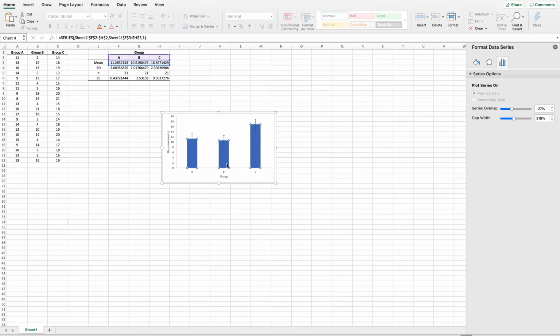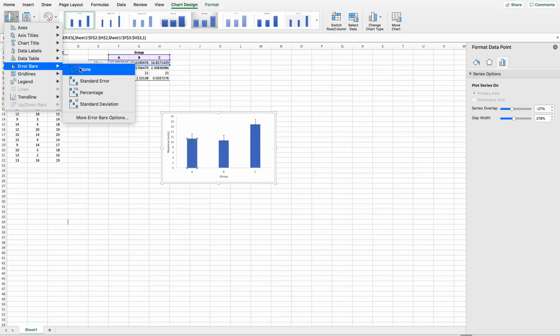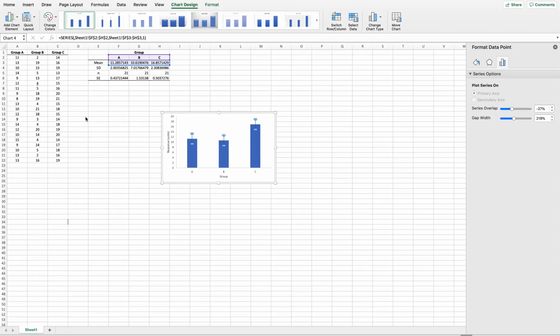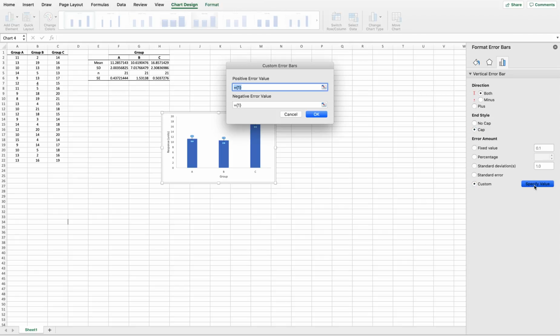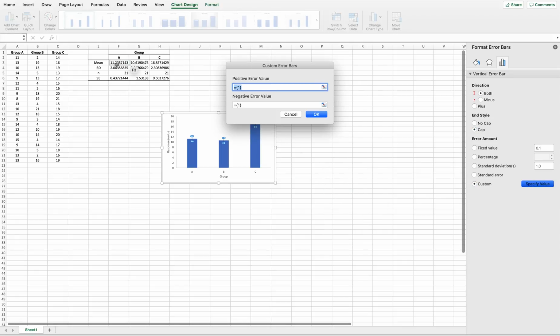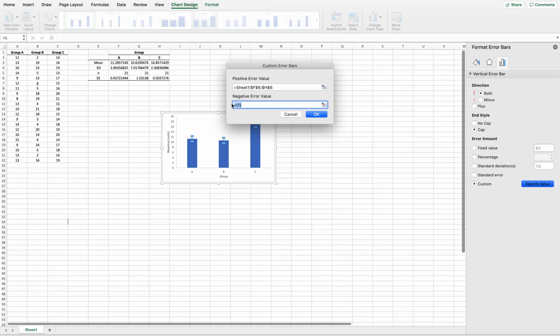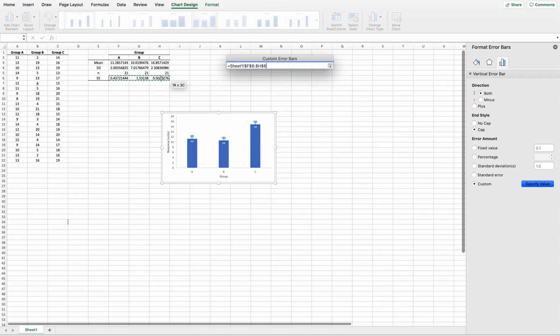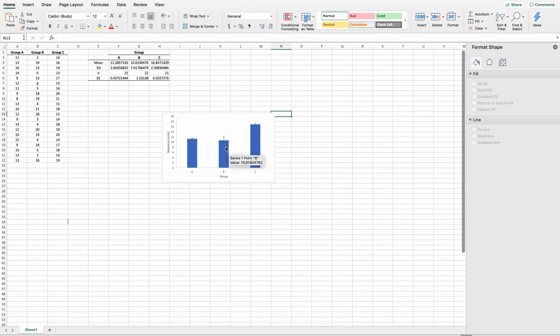I don't want that because I know that's not correct, so I'm going to overwrite it by clicking on this, go to Add Chart Element, Error Bars, and instead I'm going to go to More Error Bar Options. Over here in Format Error Bars, I'm going to go to Standard Error Custom and specify the value. And I'm going to select the standard errors that I calculated for standard errors above and below the mean and hit OK. Now we can see that the error bars to this middle group, which had a much larger standard error, are